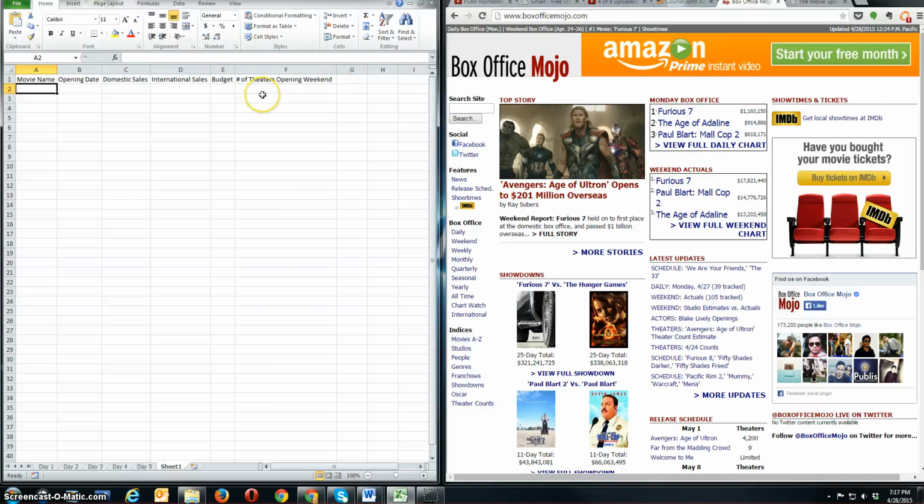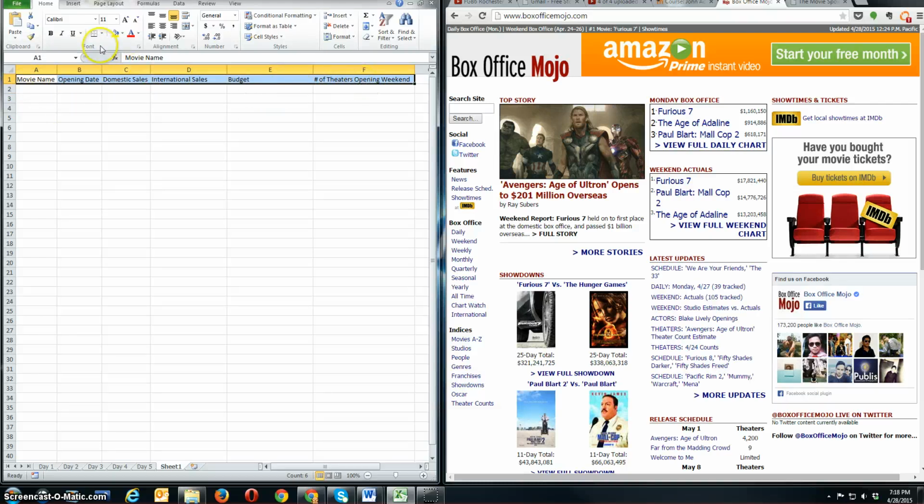Alright, we're going to make the budget column a little wider. Now, everything is pointing left, or left justified. What we want to do is center everything. So we're going to highlight the text, and then we're going to click on the two center buttons above alignment, and that'll center the text. Now, next thing we have to do